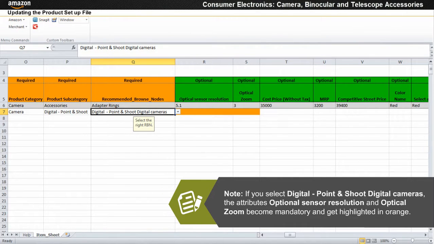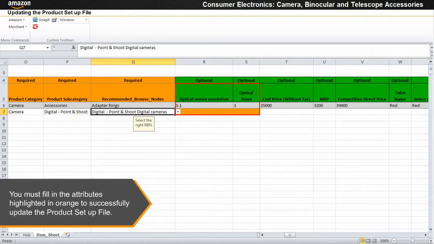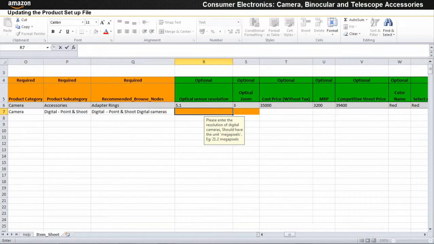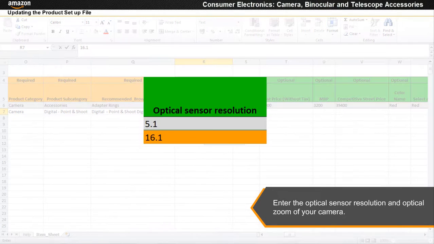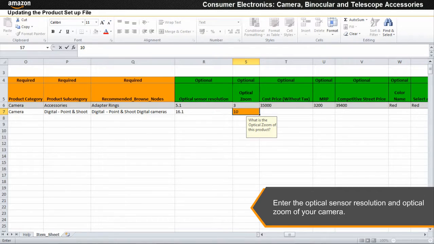Note that if you select digital point and shoot digital cameras, the attributes optical sensor resolution and optical zoom become mandatory and get highlighted in orange. You must fill in the attributes highlighted in orange to successfully update the product setup file. Enter the optical sensor resolution and optical zoom of your camera.